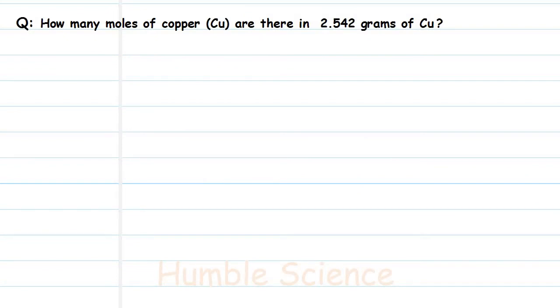For this one, they ask how many moles of copper are there in 2.542 grams of copper. We know that little n or mole is equal to little m or mass divided by big M or molar mass, and that's going to be equal to 2.542 grams divided by 63.55 gram per mole for copper, and you can get this from the periodic table, and that's going to be equal to